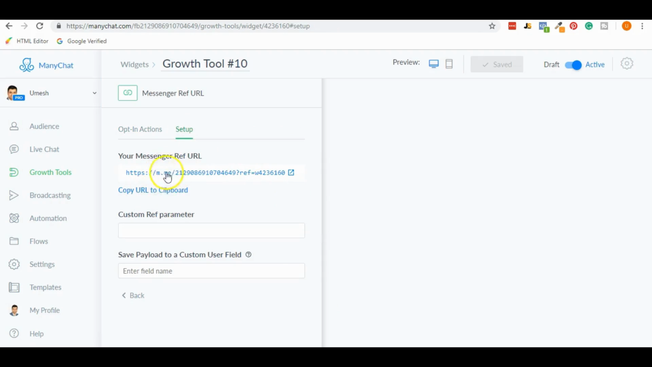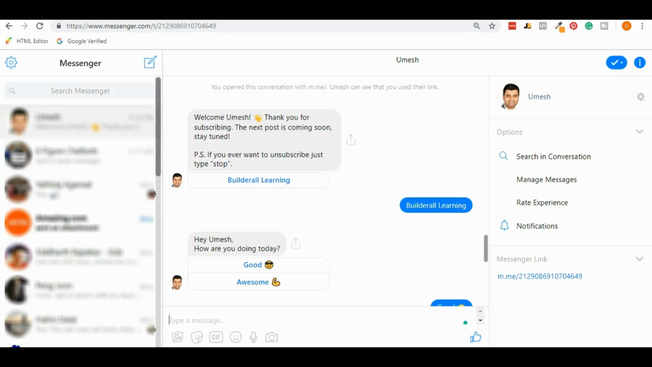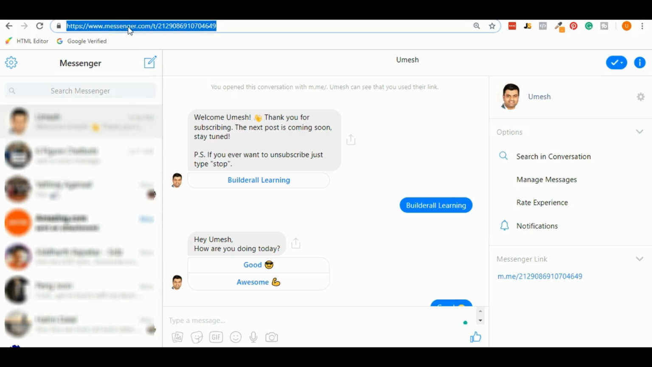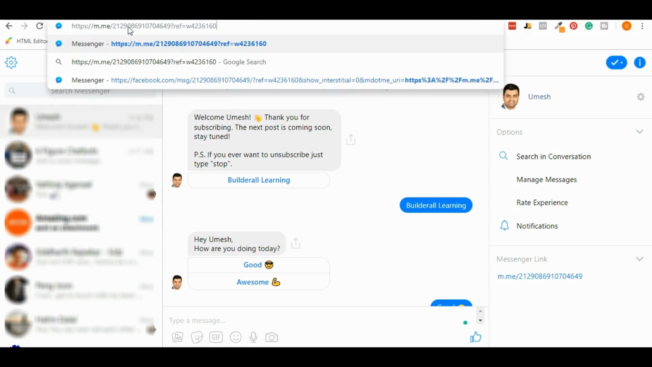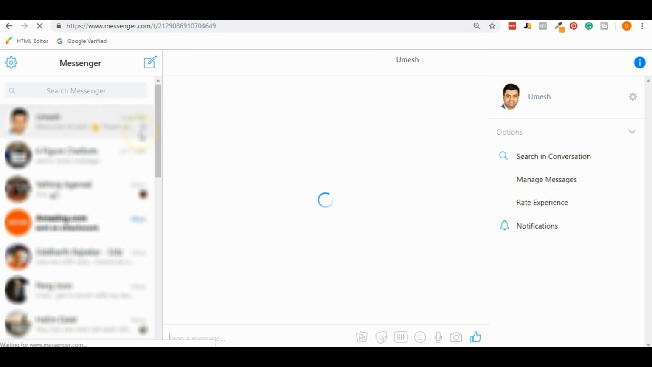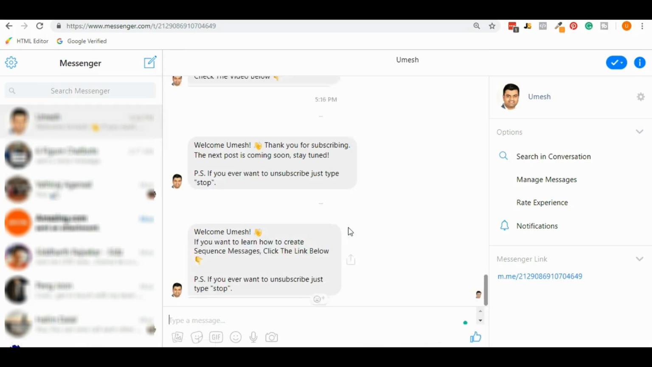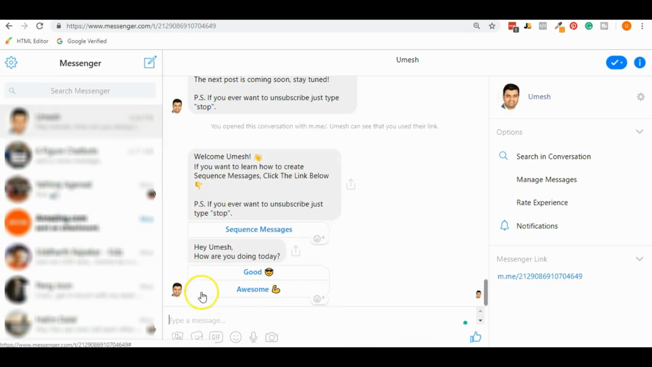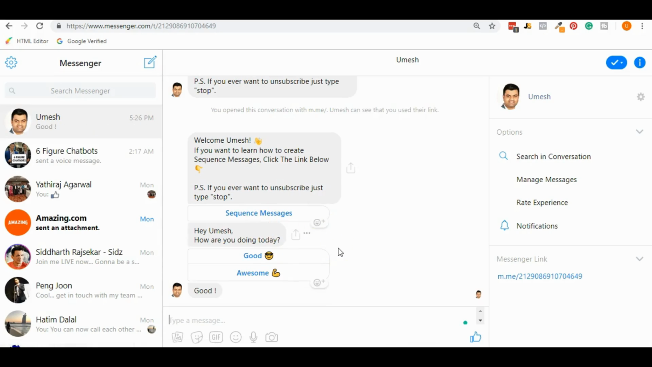Now copy this URL that it has given. Copy this URL. Open a new window, which I already opened. Now let's reopen this one, refresh this one. Look at this, the typing, the stuff it got right. So it has given me the welcome message, and it has subscribed me to the sequence that we